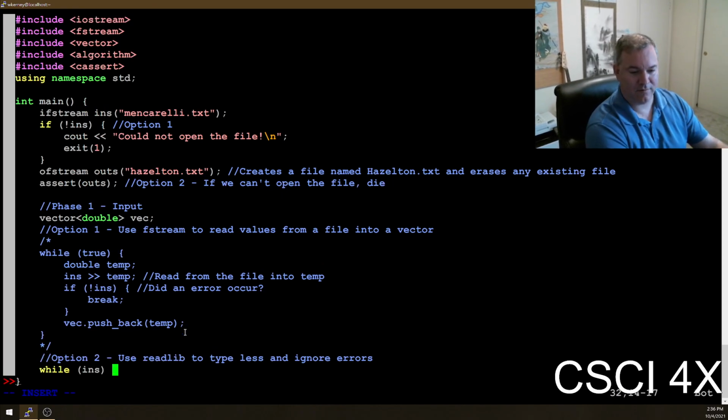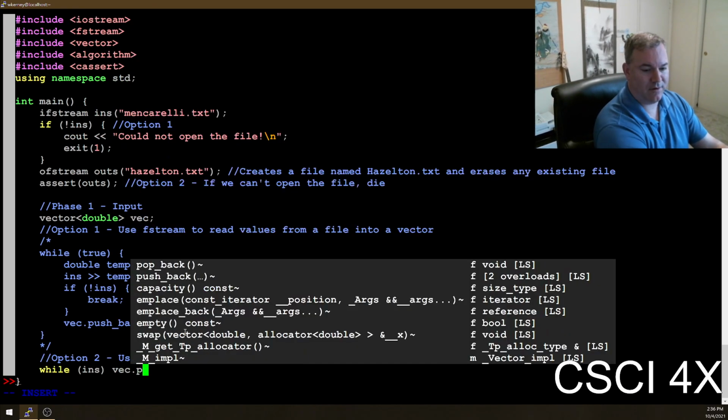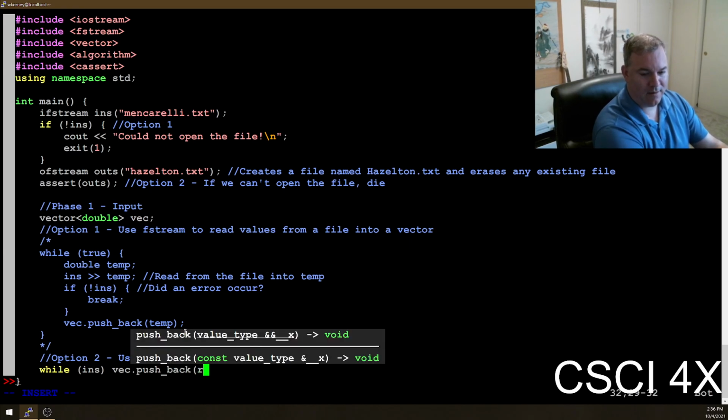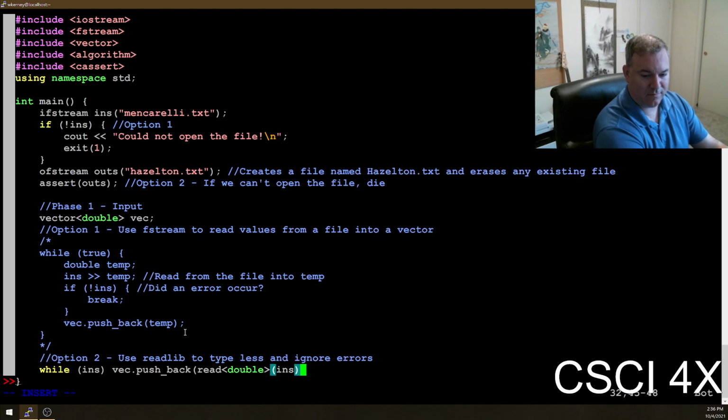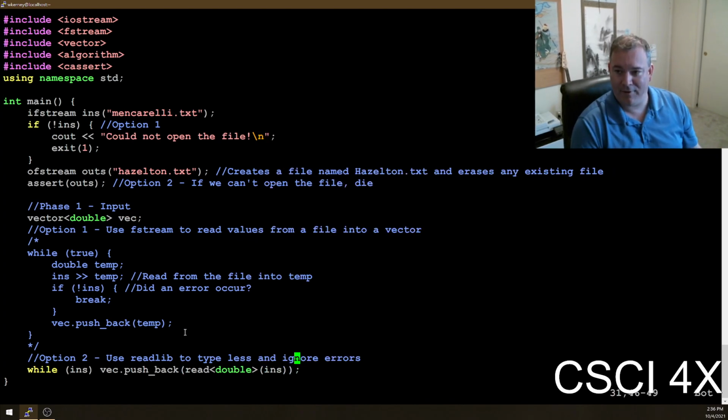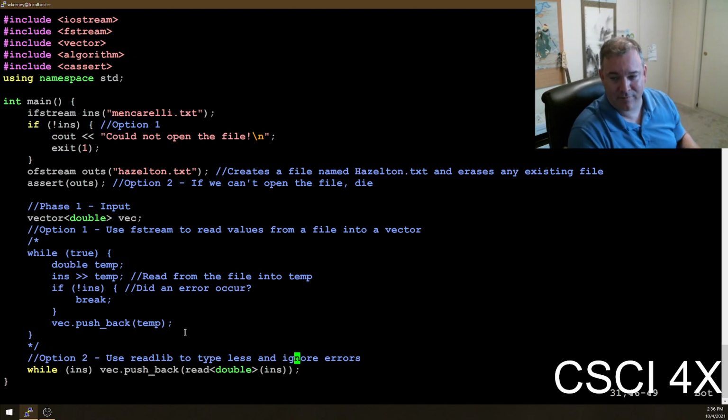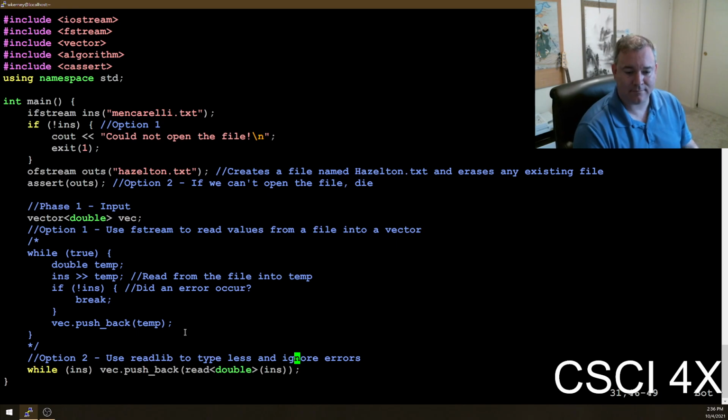While ends is valid, vector.push_back read a double from ends. In one line of code, this will read all of the doubles out of a file and put them all into the vector.